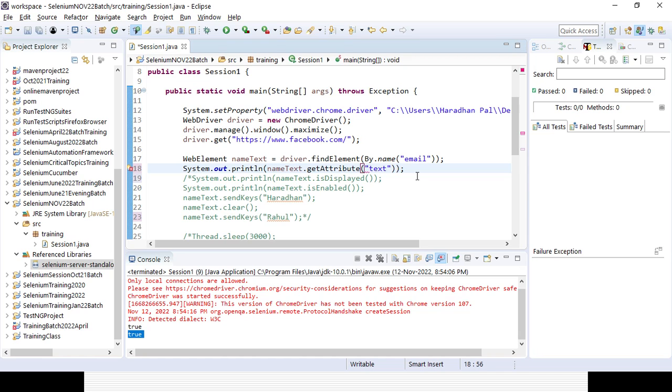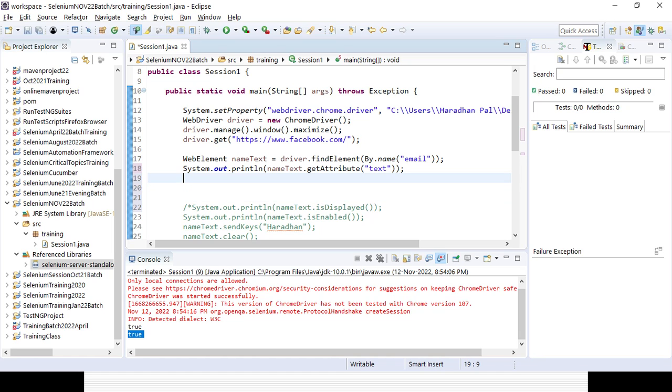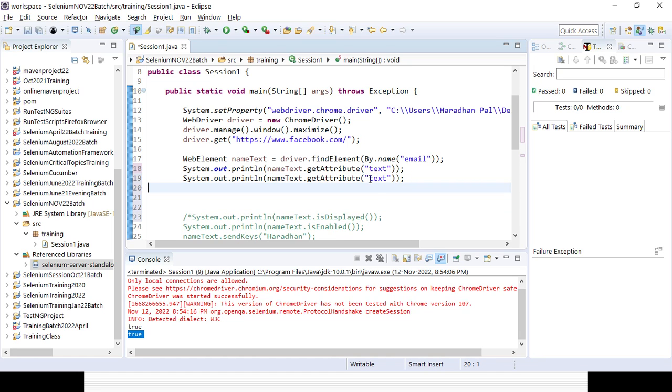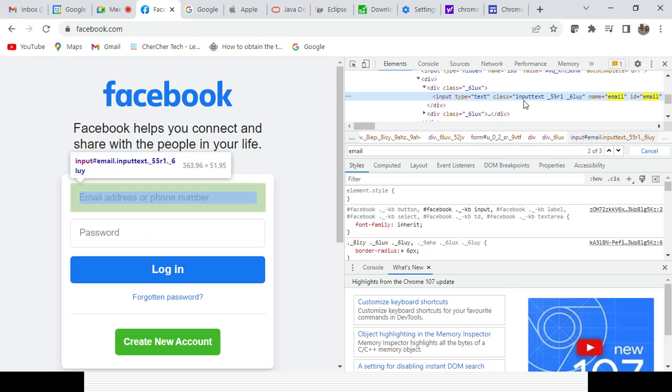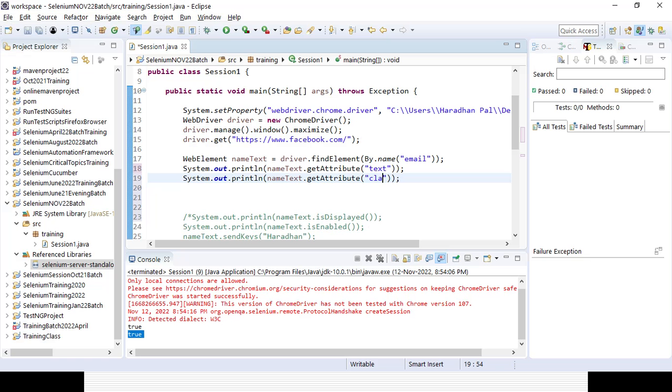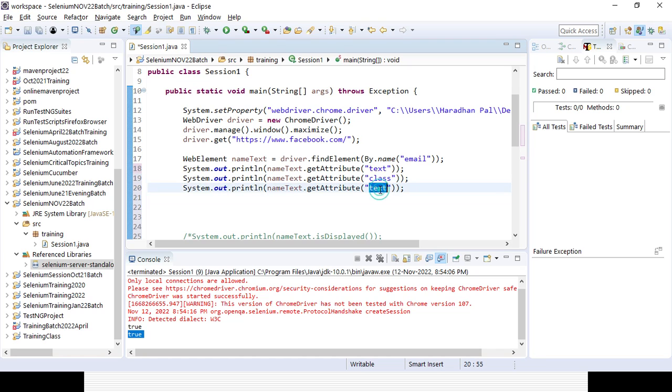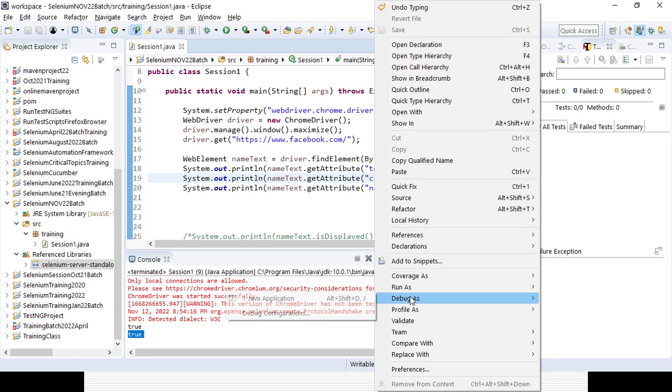I want to print the value called class. So that is the thing, right? You can get the internal parts of the element easily with the help of automation. Class name, right? So that is the important method available especially for handling the input field or text field. Web edit text, that is sometimes called web edit text.